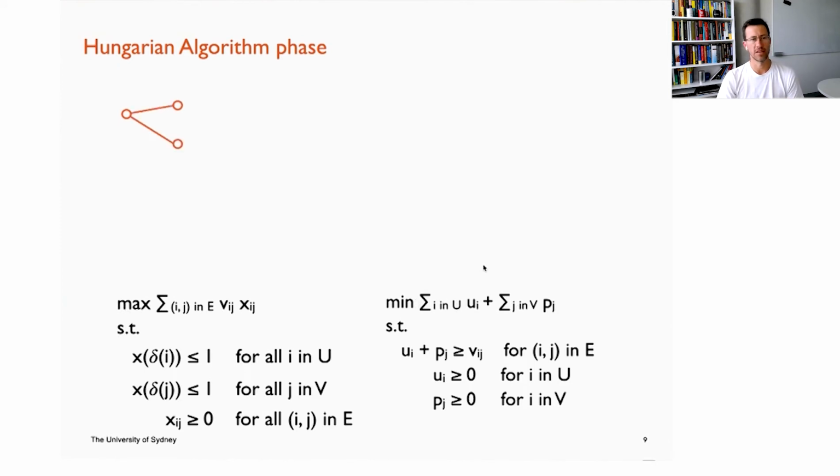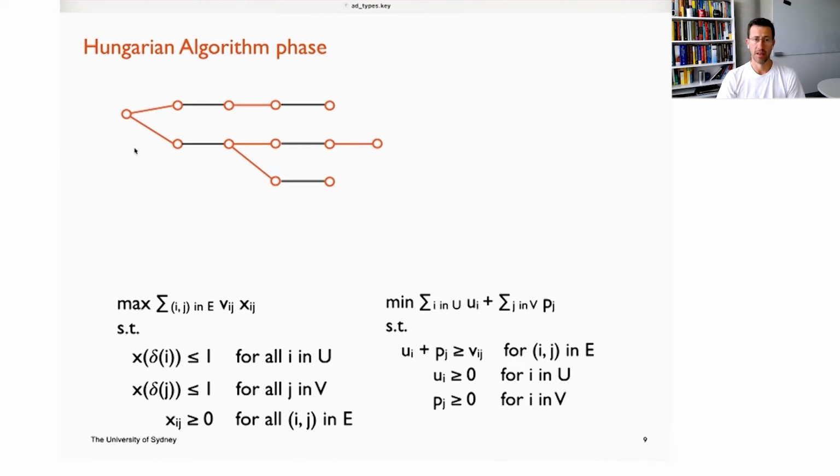So I have my free vertices, and I start growing the alternating tree by looking at unmatched edges. If one of these is unmatched, well, I have an alternating path, and I can increase the size of the matching. Otherwise, these are matched, and I go to their neighbors, and I repeat the process. If at some point I do find an alternating path of free edges, these are the orange ones, and matched edges, these are the black ones, then I can flip the orange with the black, and now I have